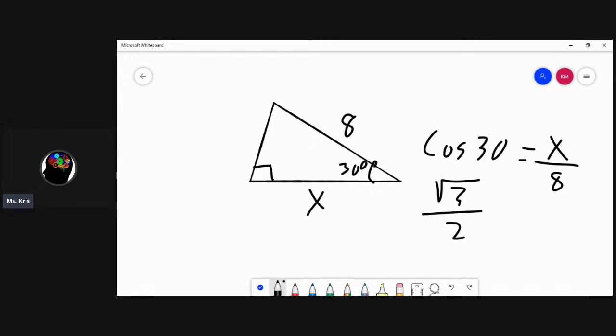Because on that special list, the cosine of 30 is, by definition of trig values, the square root of 3 over 2. And of course, that equals x over 8. So